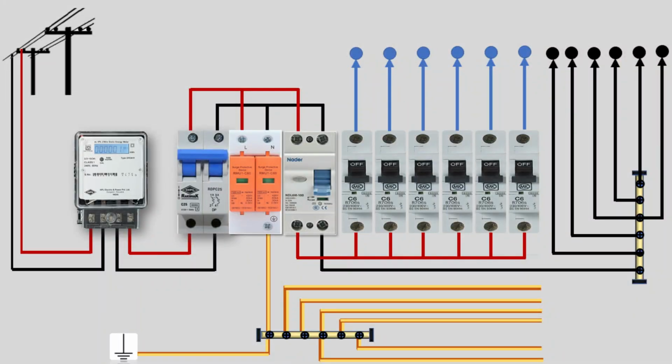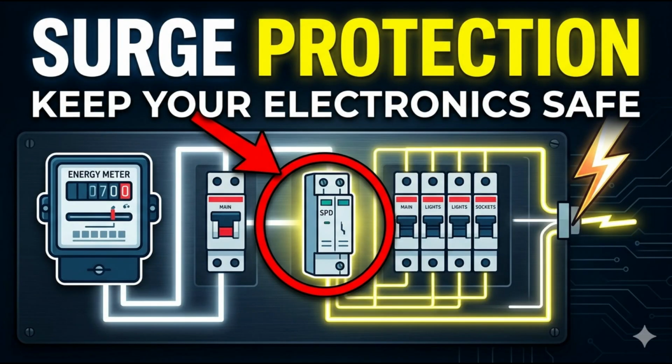So the protection sequence in this system is energy meter to main isolator to surge protection device to RCCB to individual MCBs to load circuits. This layered protection system ensures equipment protection, human safety, reliable power distribution inside the house,